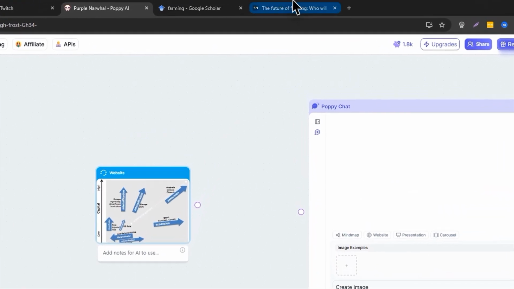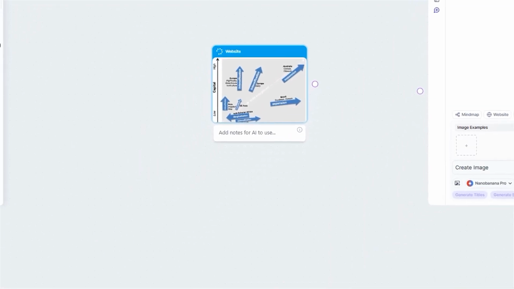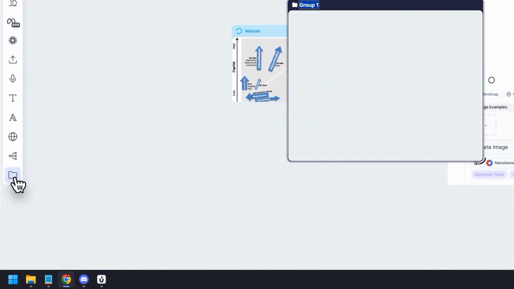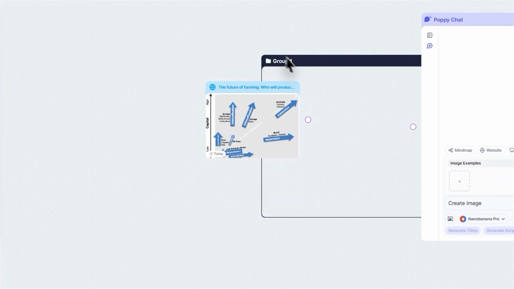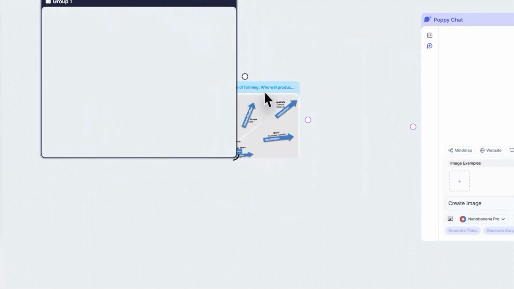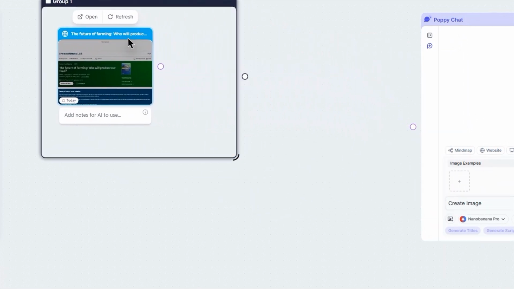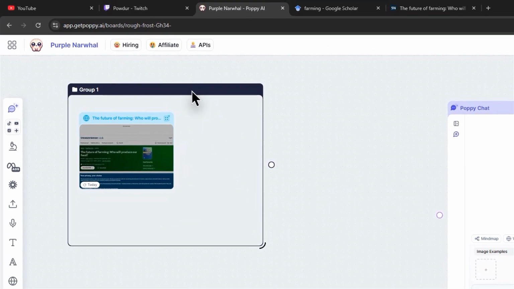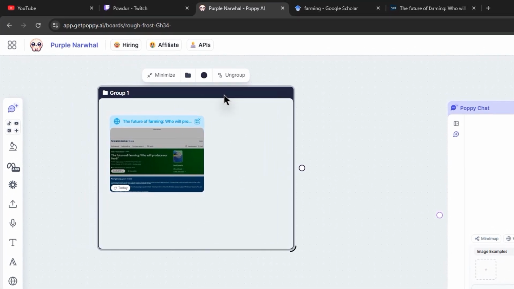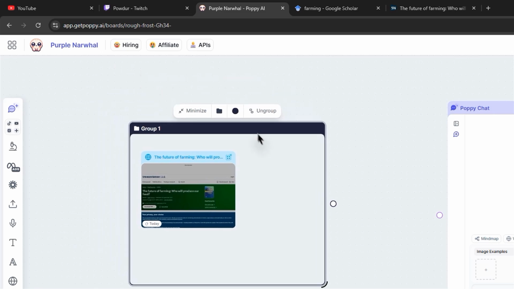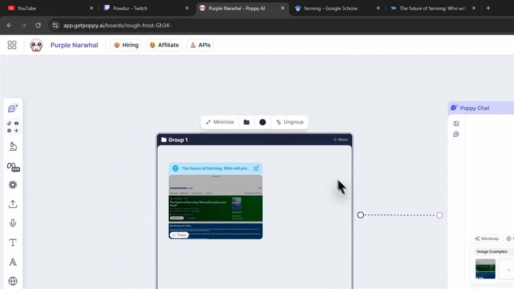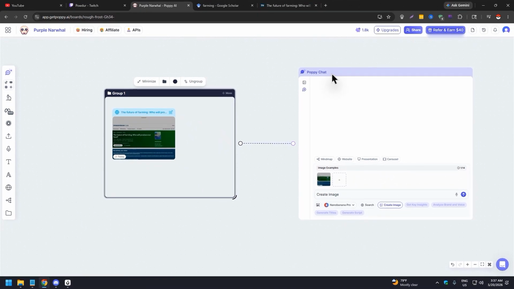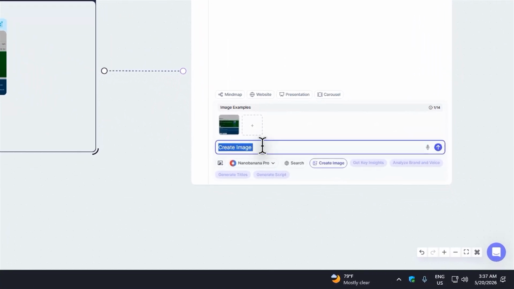But if you're using multiple sources, I suggest open a group like so, and then put the article, whether it's a URL link or a PDF, inside here, so that you're more clean. You know, your board's cleaner, you're more organized, right? So there you go, and then connect the board, the group, to the Poppy chat,